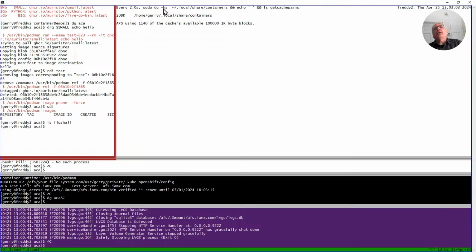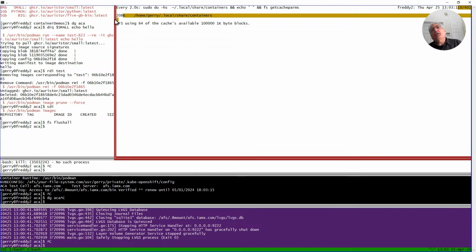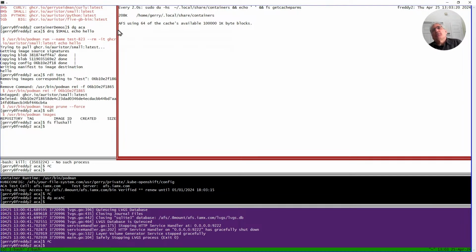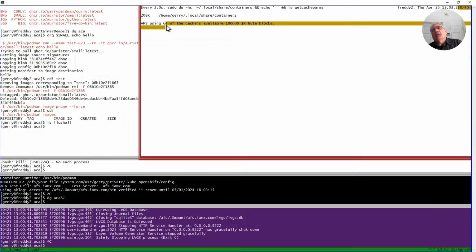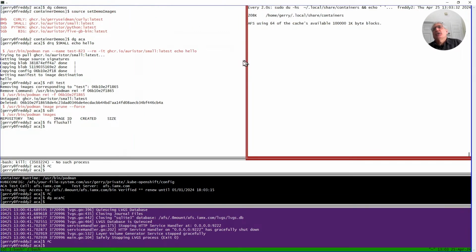What you're seeing here is that under that containers directory I mentioned, I'm using Podman. Podman is storing its images there. It's only 208K. When I clean it out, it's just got its own work files, and it's only 108K. I've cleaned out the Ostree cache, so I'm being honest and saying we'll see what's actually coming over the network into the Ostree cache. So now let's go back over here.